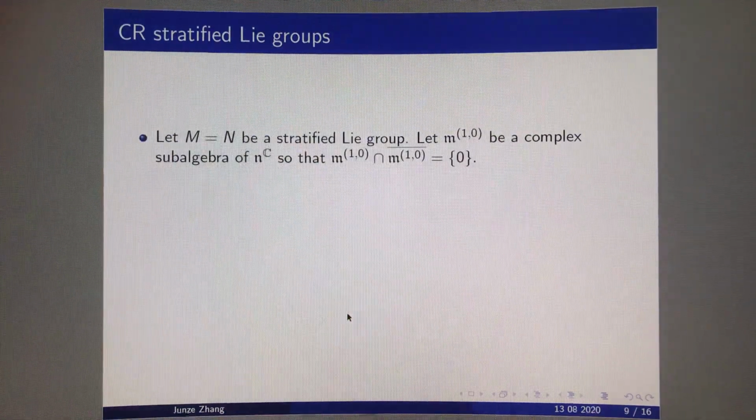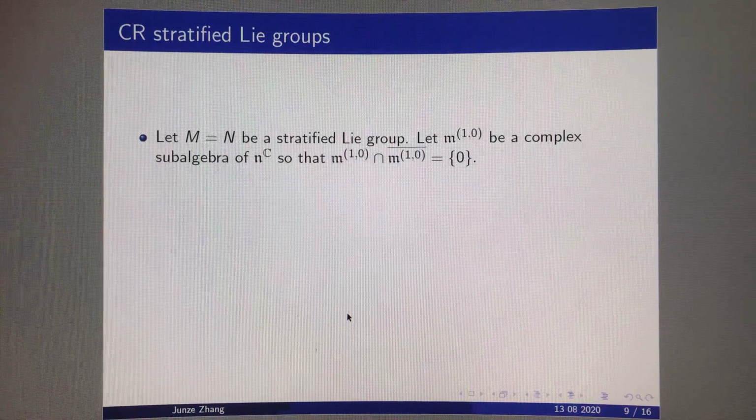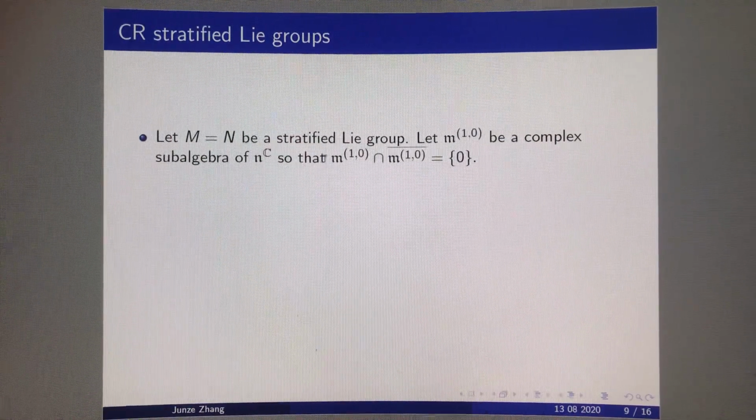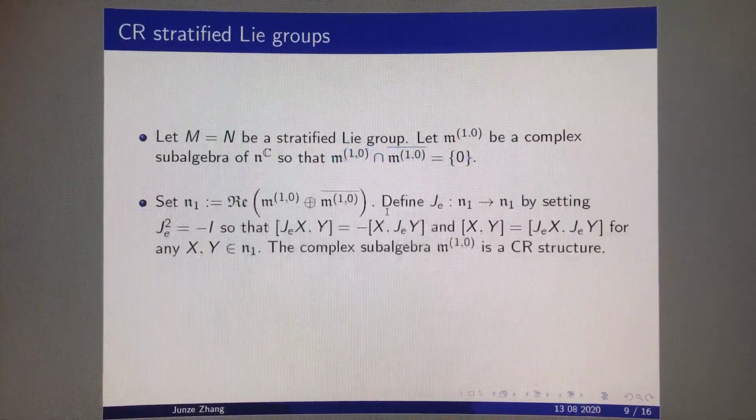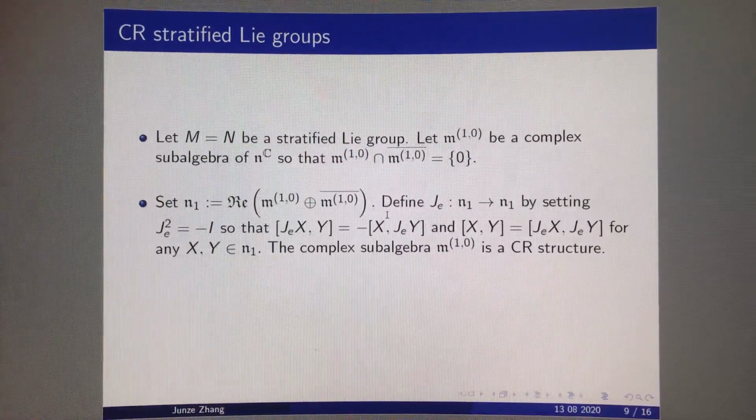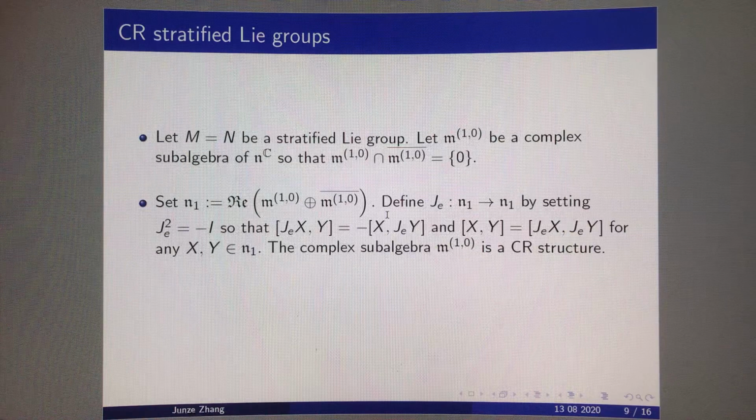So let's have a look at how those definitions work on a particular example. Suppose that n equals k, and suppose that M equals N as a real stratified Lie group, and M10 is a complex subalgebra, so that M10 intersected with its complex conjugate is the zero element, so the first condition of a CR structure is satisfied. Then we also define a horizontal distribution equal to the real part of the direct sum of M10 and its complex conjugate, and then define an almost complex structure J from N1